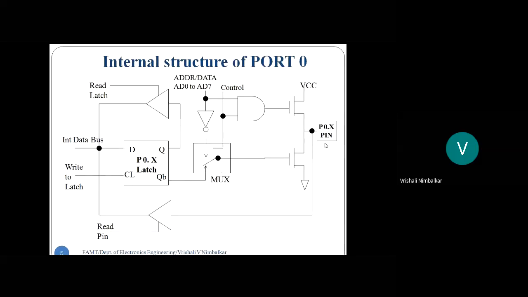So the middle circuitry decides the functionality of the pins. Now on the right hand side, that is P0.x written. It can be any of the 8 pins, P0.0, P0.1 up to P0.7, and so on. Whatever circuitry you see here is repeated 8 times, one circuit for each pin. Such circuitry is present for all the 8 pins internally inside the microcontroller, and it helps the microcontroller to interface with input and output devices and with memory. Such a structure is repeated 8 times.